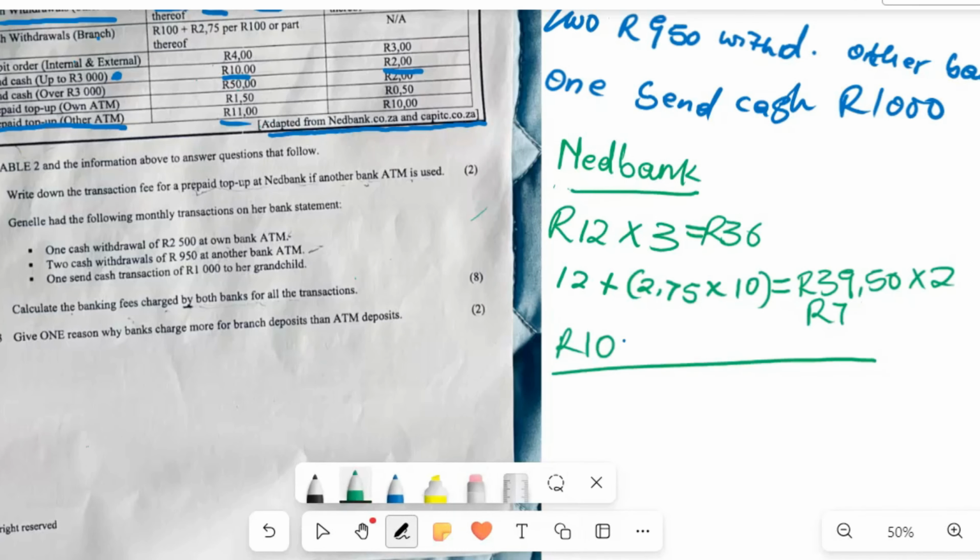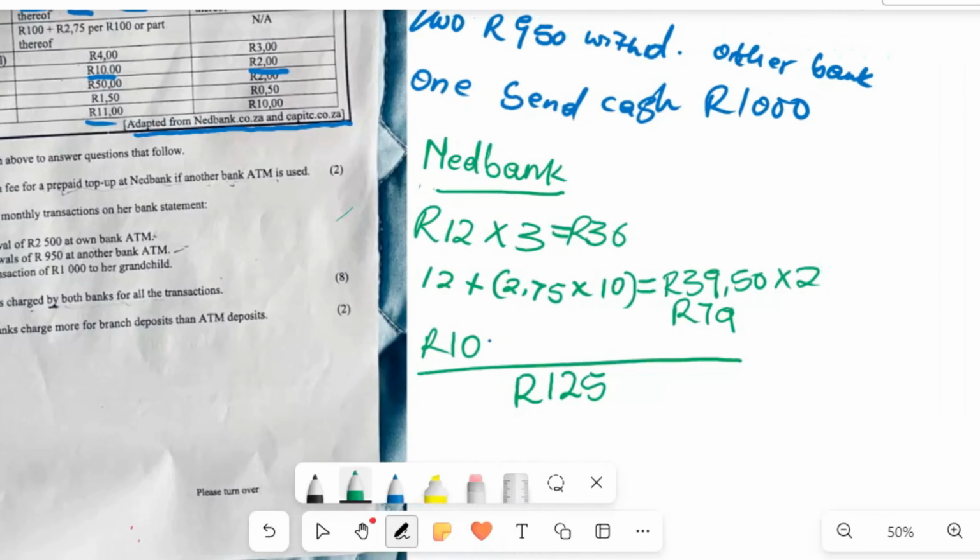That is 39.5 times 2 equals 79 rands, and this will bring us to 125 rands. So we are done with the calculations for